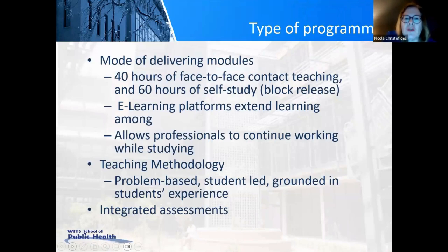At the moment, we offer our course through what we call block release, which means that students come for 5 consecutive days and complete the face-to-face contact teaching component of the course, and then do some self-study. There are e-learning platforms that extend learning among students and allow for some deepening of the content. This allows professionals to continue working while studying.